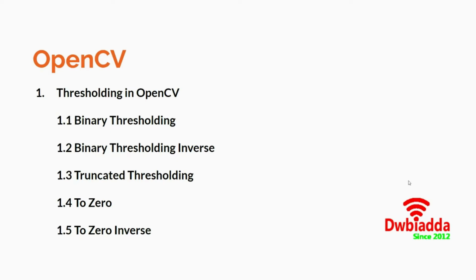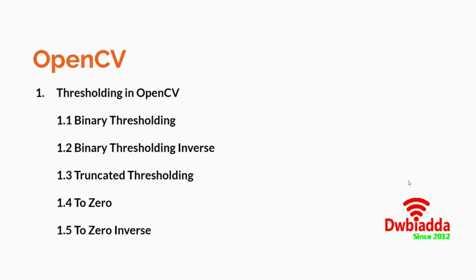When you are applying thresholding, suppose you have a cutoff value. Based upon the different thresholding techniques we have, the numbers above the cutoff value are transformed into one pixel value, and the numbers below the cutoff value are transformed into a different pixel value. This obviously depends upon the type of thresholding technique we are using. We generally have five different kinds of thresholding techniques. These are binary thresholding, binary inverse thresholding, truncated thresholding, to zero thresholding, and to zero inverse thresholding.